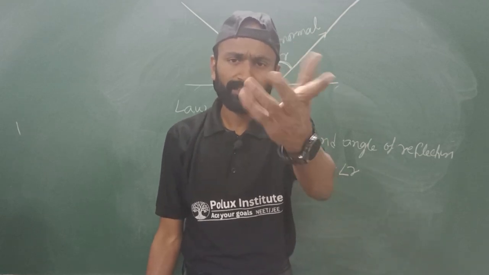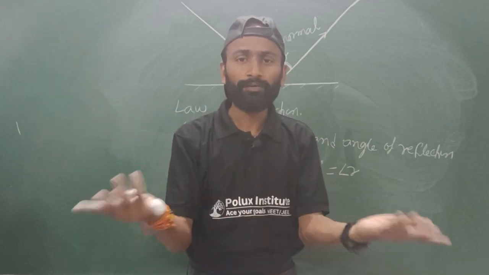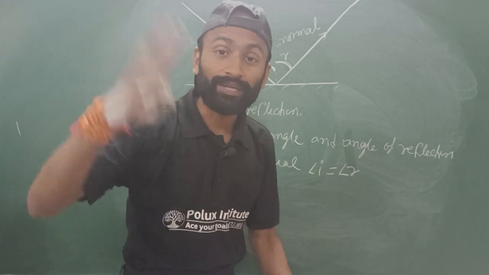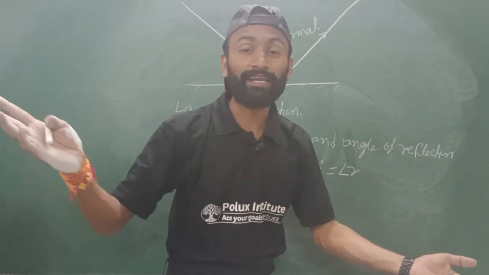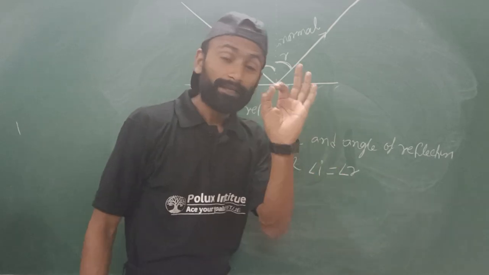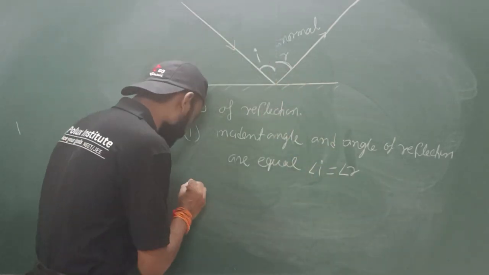What is the first law of reflection? Simple. Coming angle equal to going angle. Coming angle is what? Incident angle. Going angle is what? Reflected angle. Coming angle equal to going angle, that is called the law of reflection. The second law of reflection is,